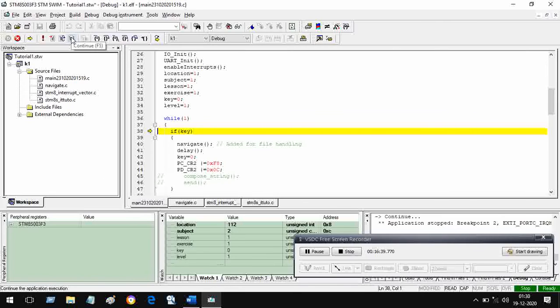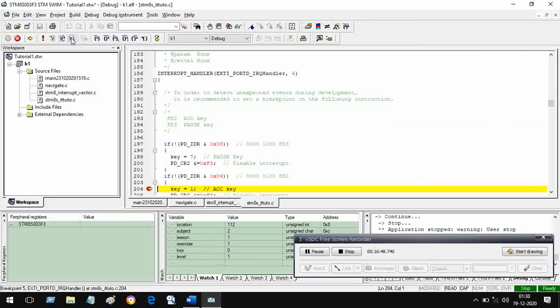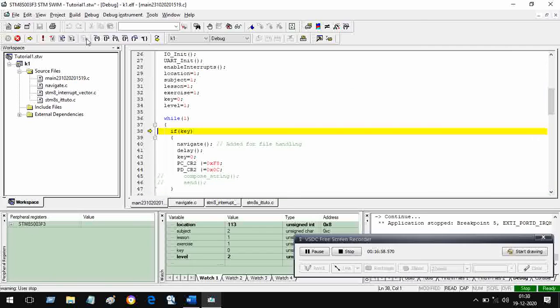So I run it, I accept it, that is key number 1, and I let the key closure take its intended action and see what has happened. Stop to see. I have gone from level 1 to level 2 and the location has become 113.